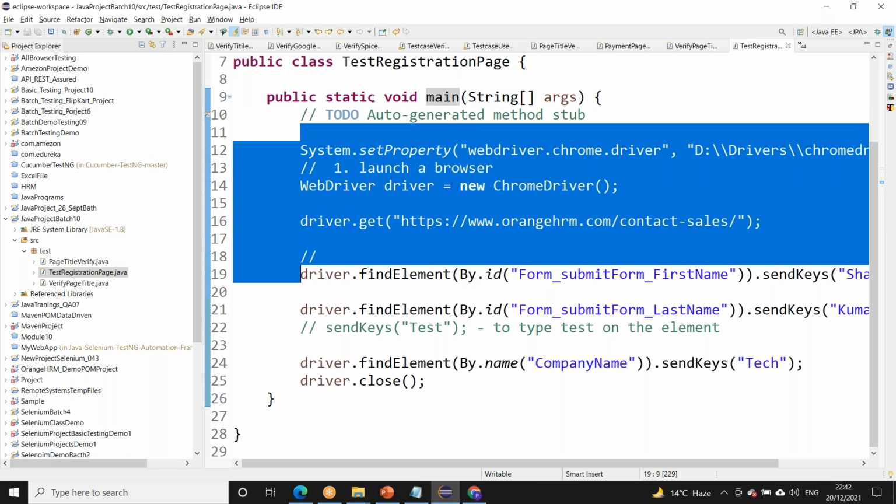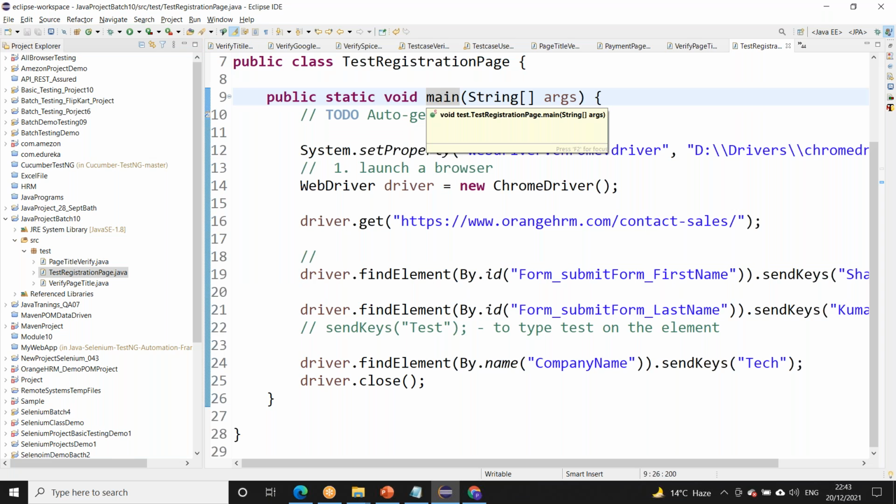We can say this is the startup, the execution point, where the program will start executing.